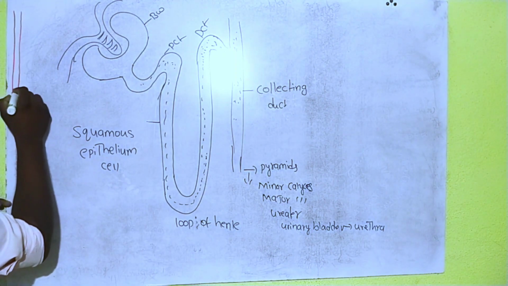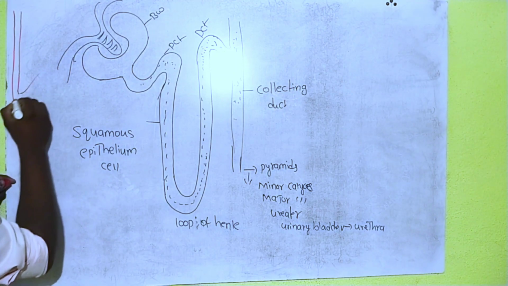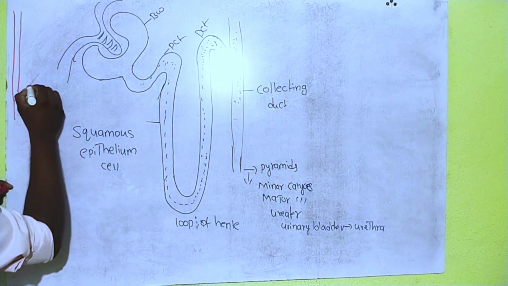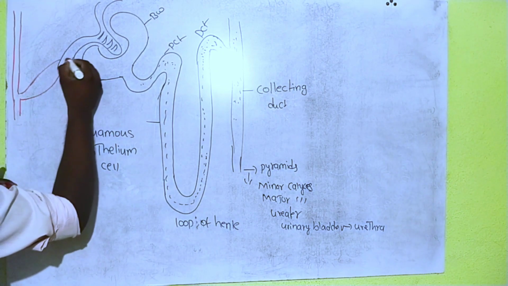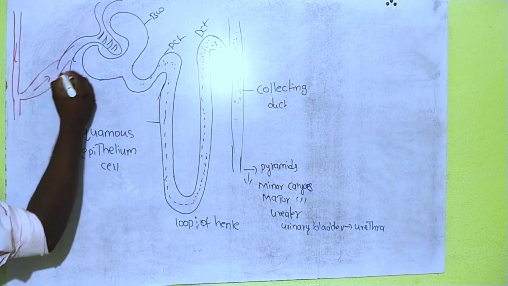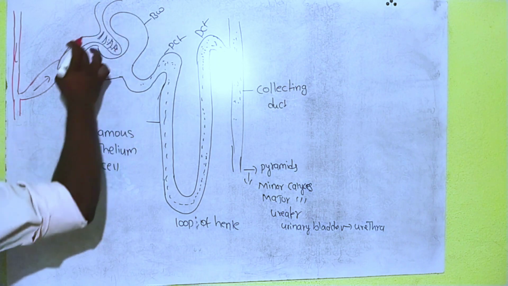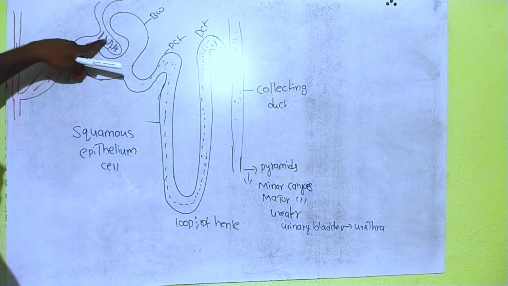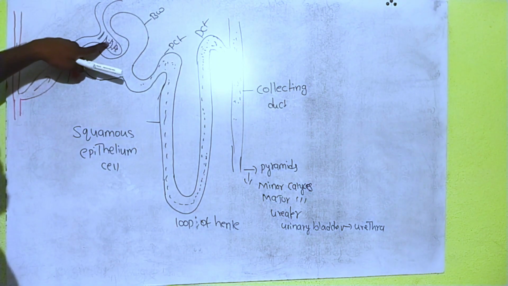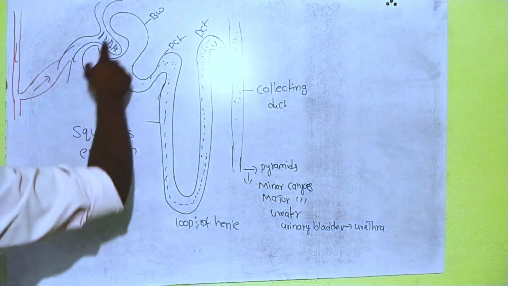The renal artery divided into fine branches. The fine branches we call arterioles. Yes or no? This is an arteriole. From the arteriole the blood is moving to the glomerulus. The glomerulus means this arteriole divided into fine branches. This bunch of capillaries we call the glomerulus. Here the blood will be filtered.